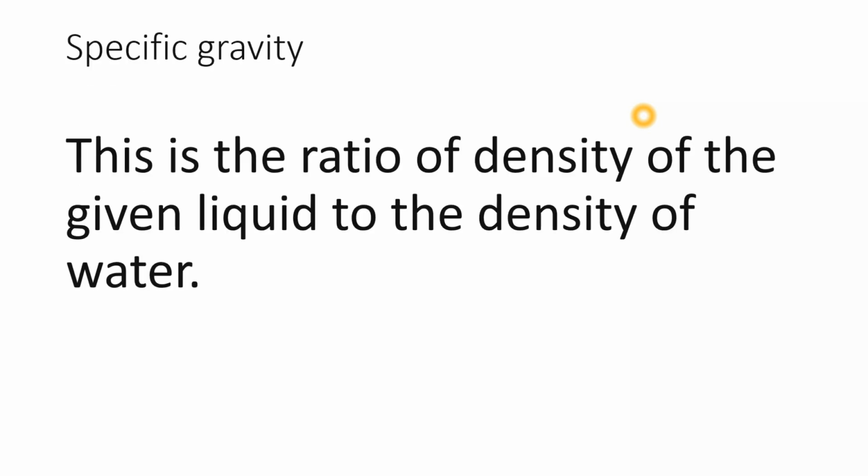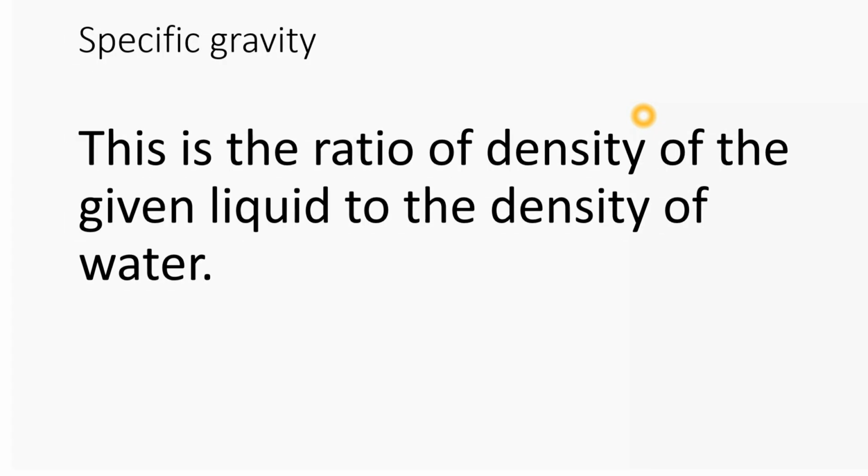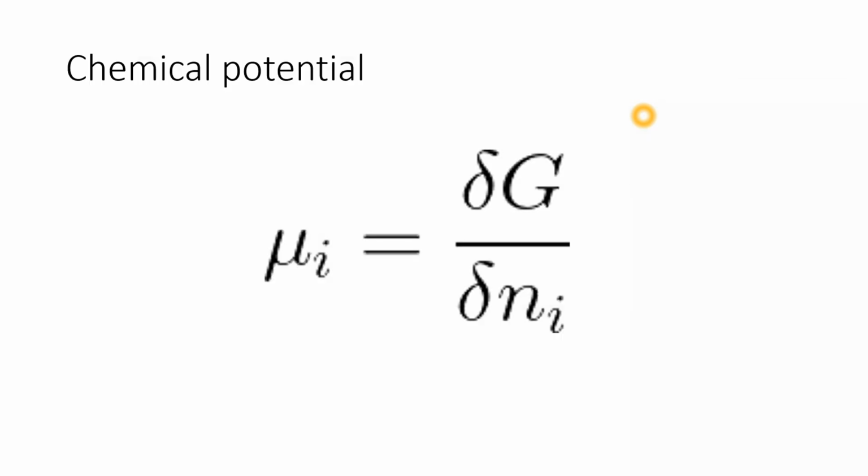Next, specific gravity. What is the specific gravity? This is the ratio of density of the given liquid to the density of the water. This is the specific gravity. It is also independent of the mass, right? Next, chemical potential. Chemical potential is also independent of mass, so it is also an intensive property since it